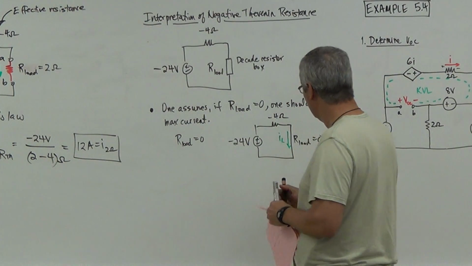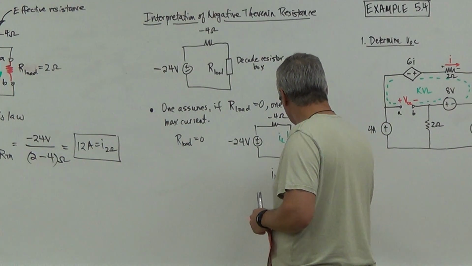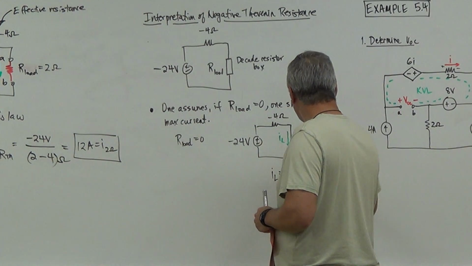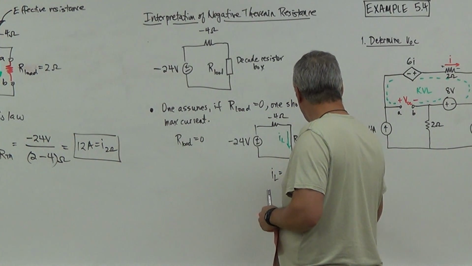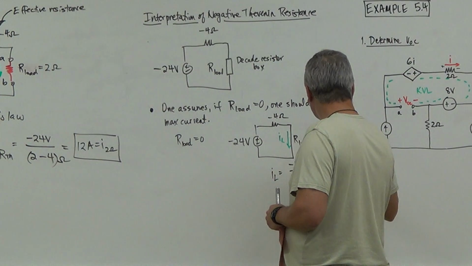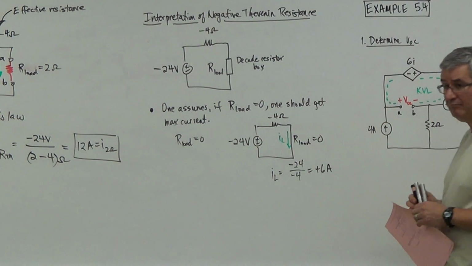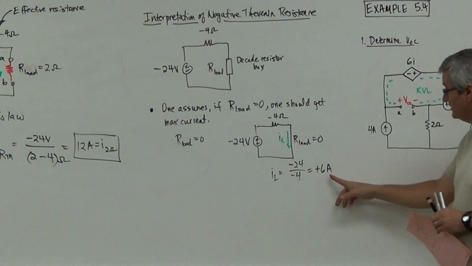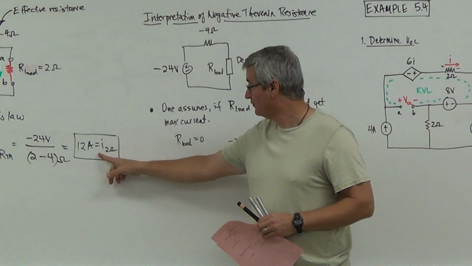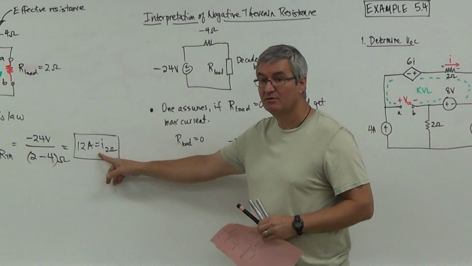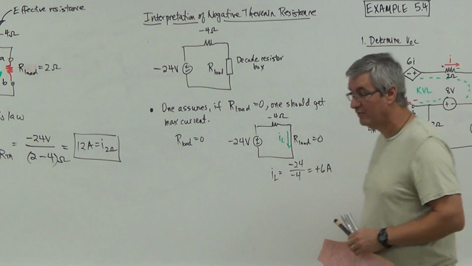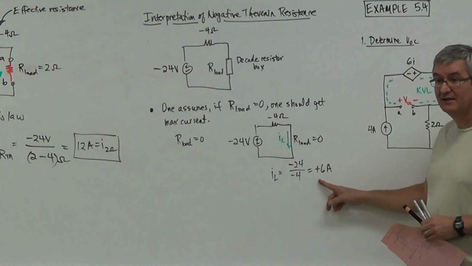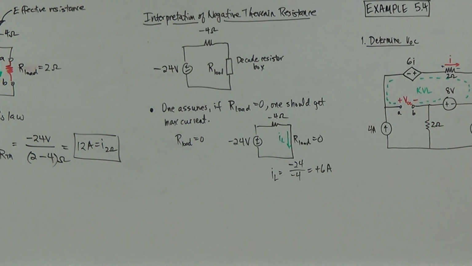And you see here that this guy has to be what? In this scenario, you get minus 24 over minus 4, so you get positive 6 amps. But you already saw that for a 2 ohm resistor as the load, that's 12, but yet this is 6. So to sort of get a feel for where I'm trying to go here,